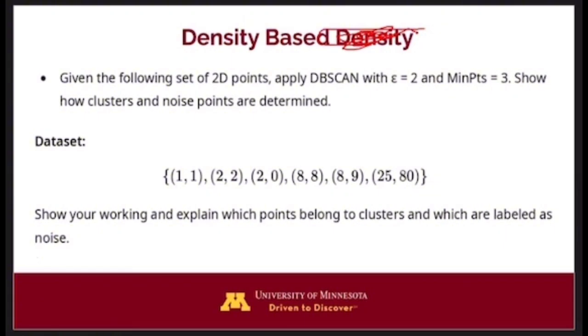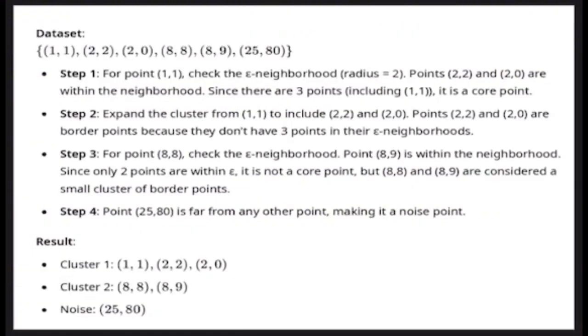Now, based on what you are seeing right now, the minimum distance is set as 2. The epsilon is set as 2. The minimum number of points is 3 here. Now, show how clusters and noise points are determined. You're given this particular data set, okay? And if you're given that data set, what I'm going to advise you to do